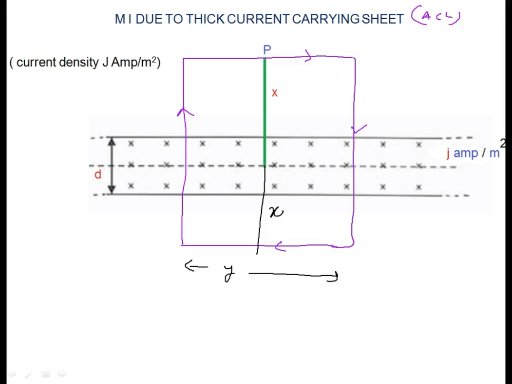Then I have to use the Ampere law. What is Ampere law? Integration B dot dl equals mu naught times the net current which is threading. Now this is the current which is threading. I hope it is visible to you. The current density is given as J ampere per meter square. So again I will solve the right side first, because that is easy for me to solve. What I will say, mu naught. What is I net? Current density is given by J, and what is the area of this cross section part? That is y into d. So it is mu naught into J into y into d.